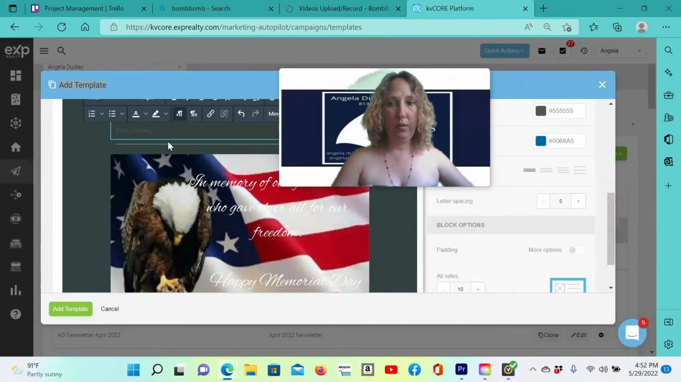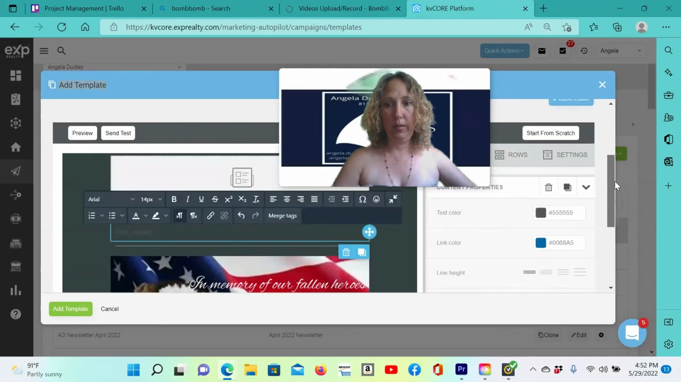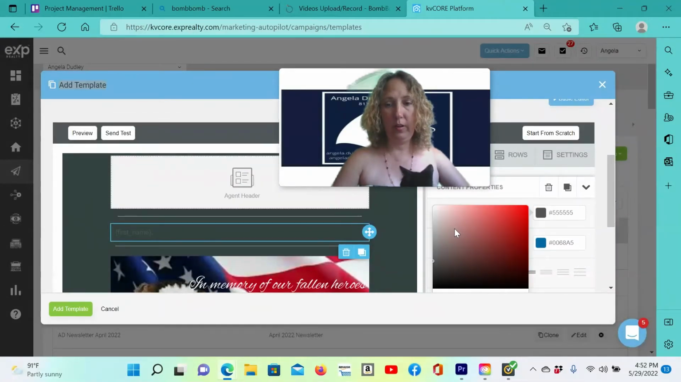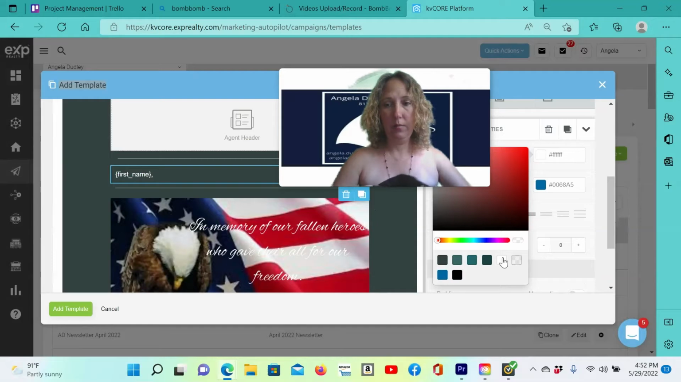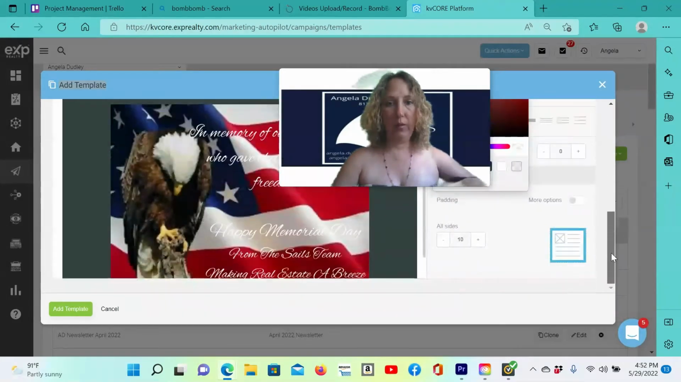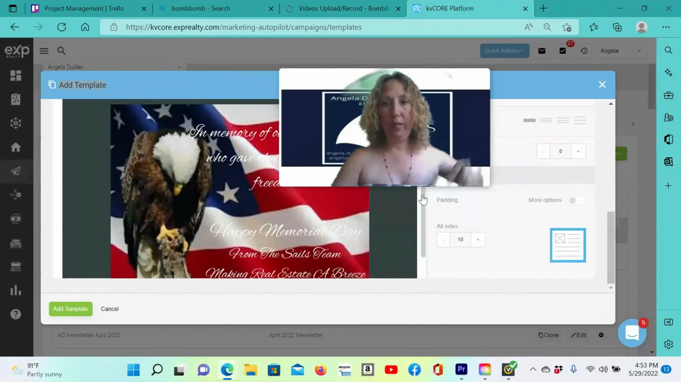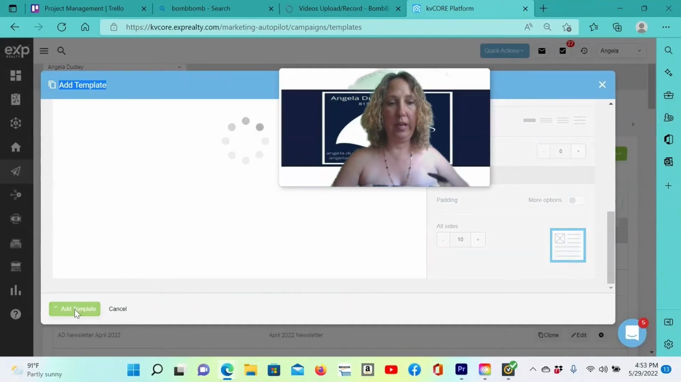And then I want to change the font color on here. You can't see it, so we're going to change this. I want this to be white. There, that way it'll stand out better against the background. Like I said, you can make this background any color that you want. So then we're going to click Add Template